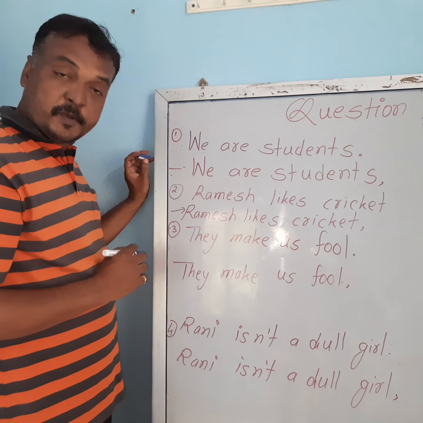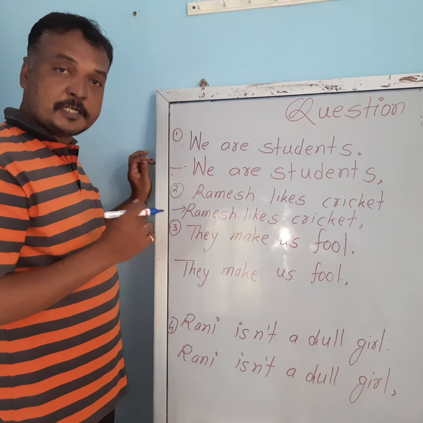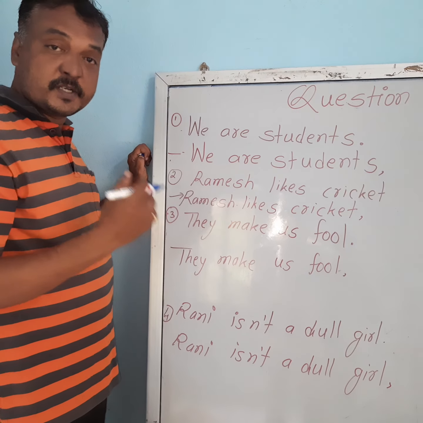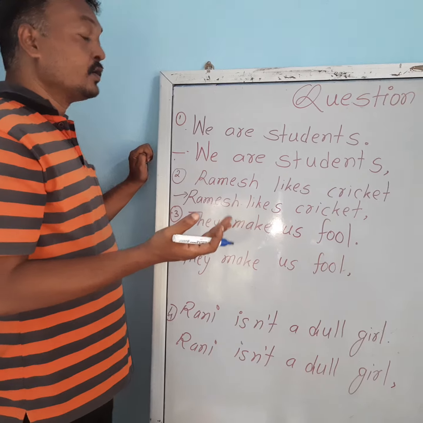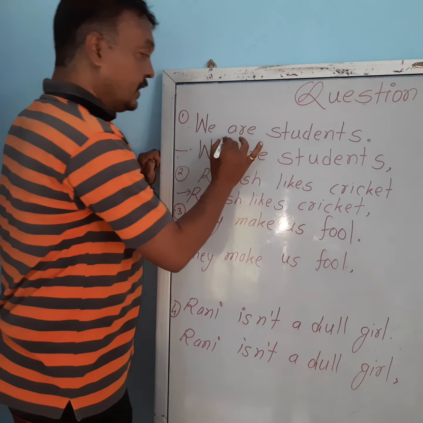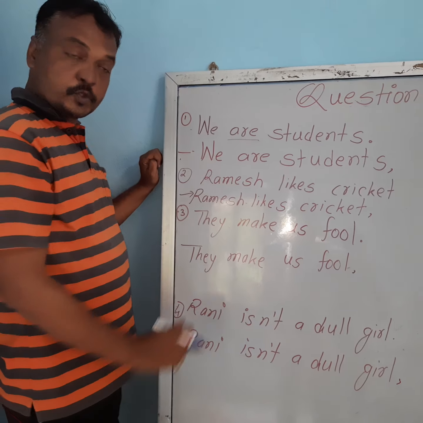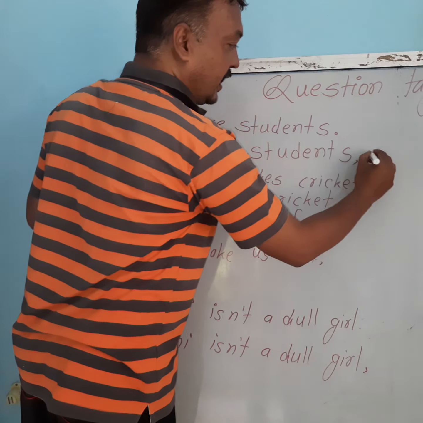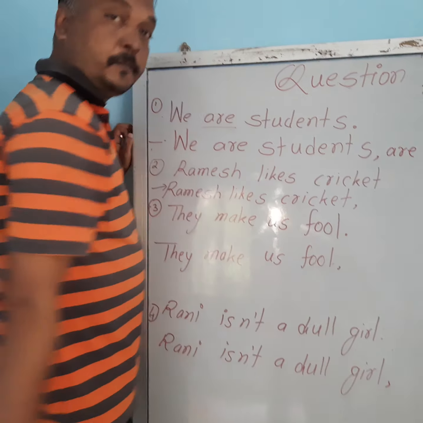Then the next thing we have to do, find out is there any helping verb in the sentence. You know the helping verbs? To be, to have, shall, should, will, would, can, could, may, might, must, need, do, did, dare. So find out is there any helping verb? Yes, there is a helping verb. So if there is any helping verb, take it and write it after the comma.